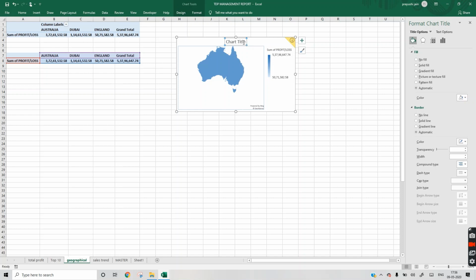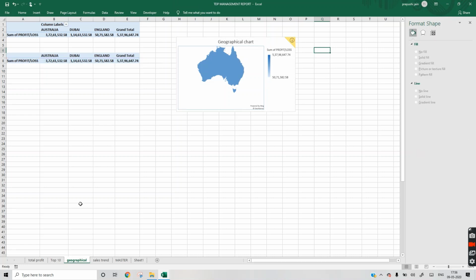We will do editing in all charts later when we create the dashboard. The last one is the subproduct chart.